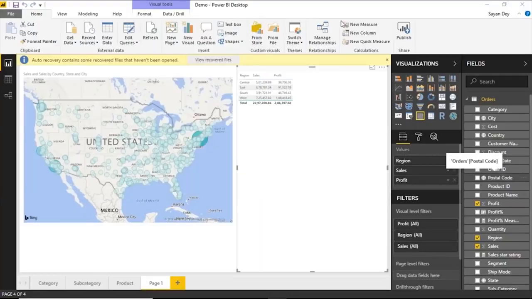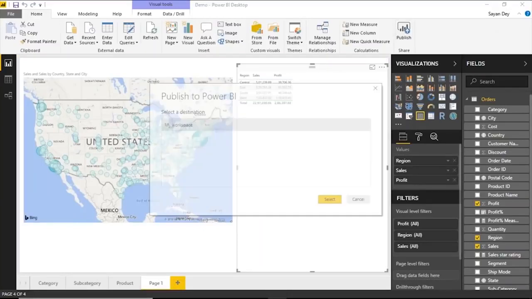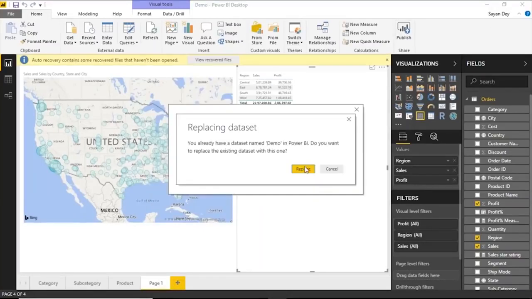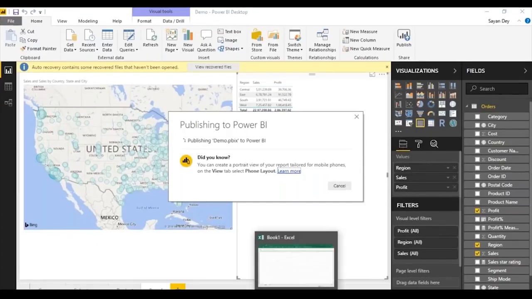Remember, to implement this in the service, you have to publish it first. Right now I've just implemented it in my desktop, so the final step is to publish it. I will publish to my workspace. Choose replace, because another dataset with the same name already exists. It will replace by default because they both have the same name. And once I do that,